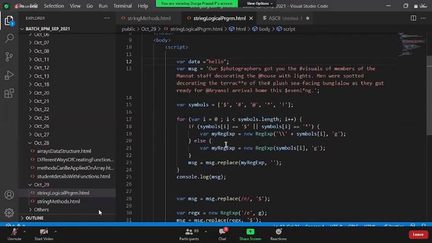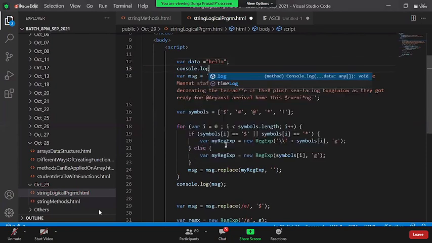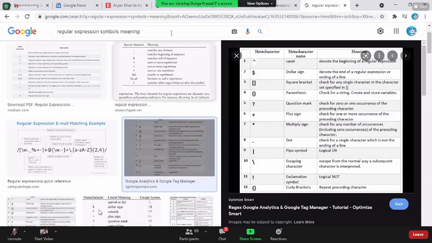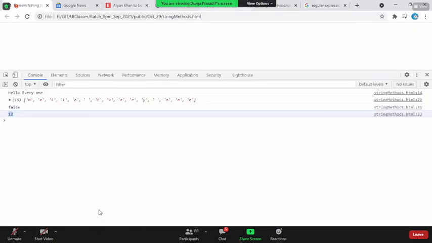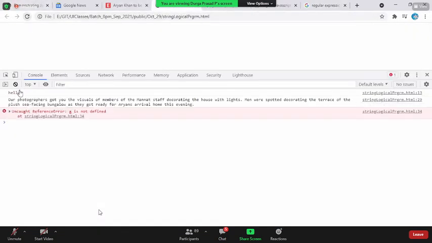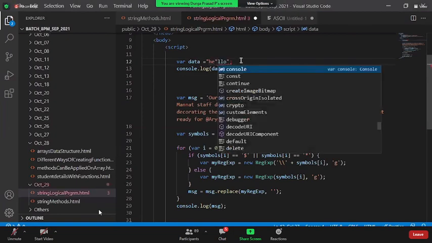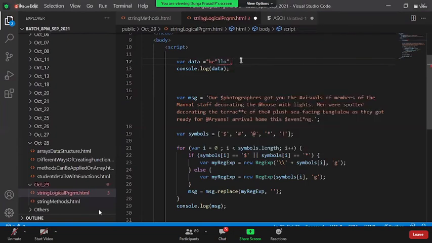Save this and console.log data. Reload the page. Data is coming as hello. Fine. My expectation is I want to show he inverted commas llo. Why is it throwing an error now?